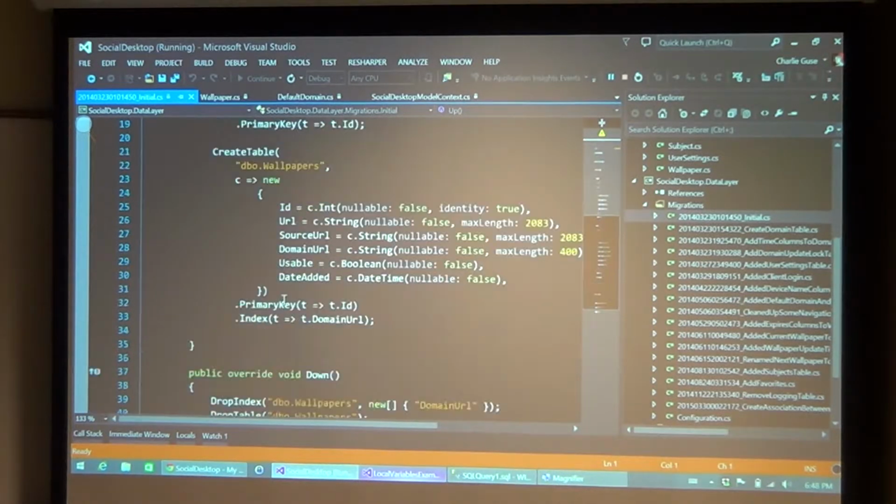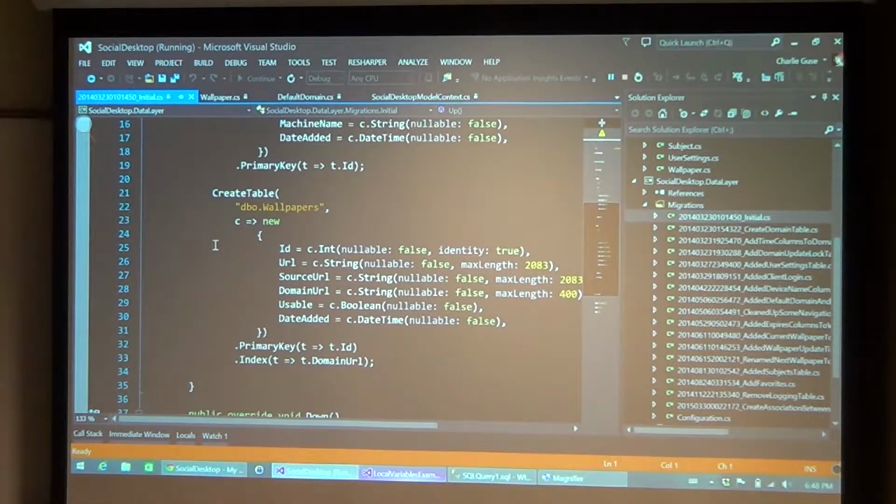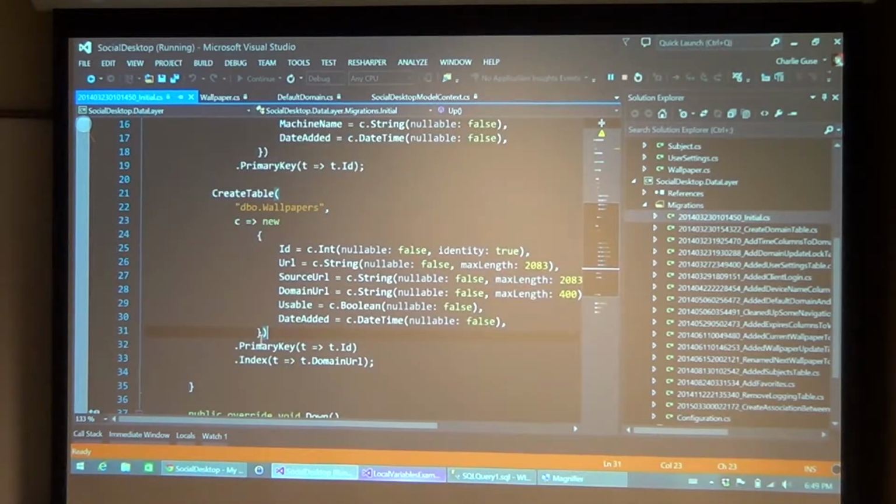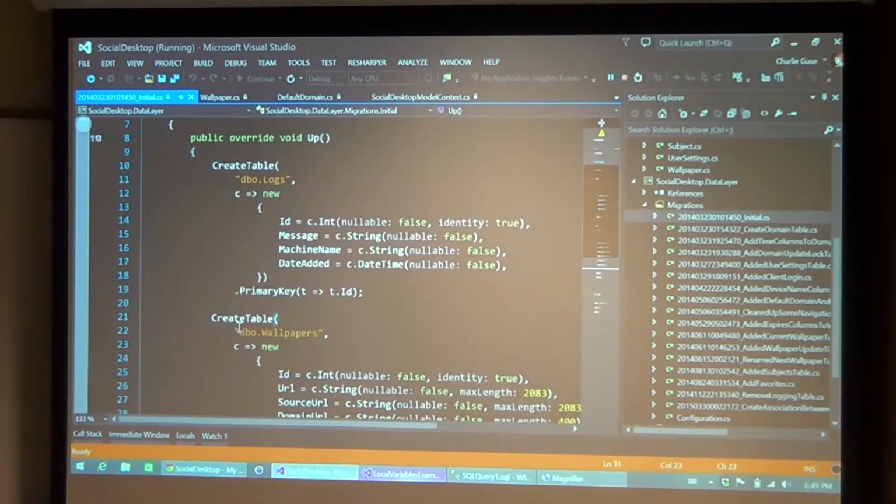And can everyone see that all right? All right, cool. All right, so in this case, I'm primarily just creating this one. I'm creating two tables, but this is like the one that we're focusing on. So I'm creating this table, and as you can see, it's just doing this all in C#, and it will get translated into SQL when it needs to run against the database. Can you see the SQL? Yeah, let's do. Let me show that in just a second,